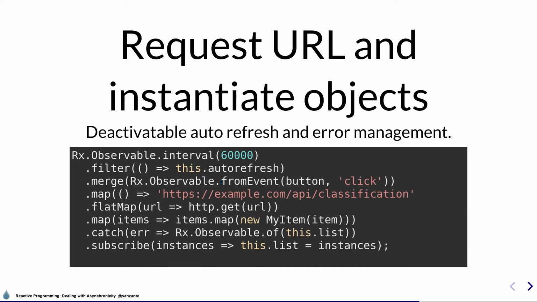But as you see, it's very easy to modify the pipe and add different operators to modify data and program different behaviors. Of course, those examples are not especially complex, but I think that you can get the